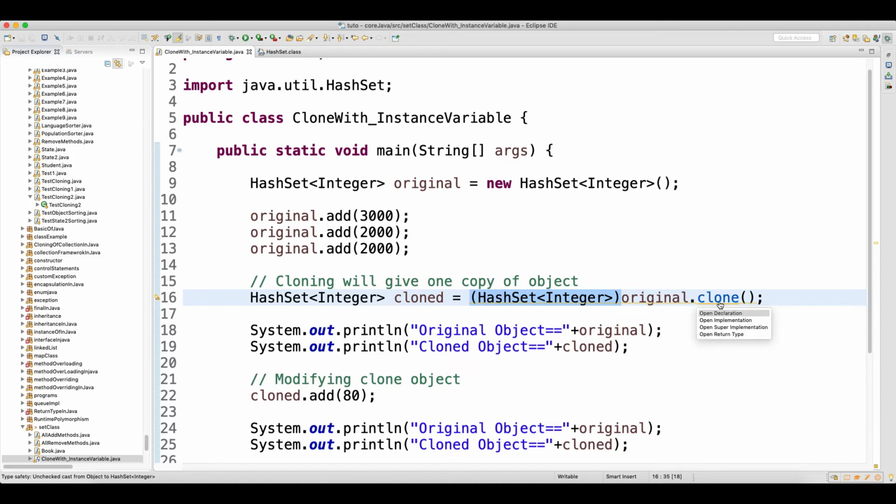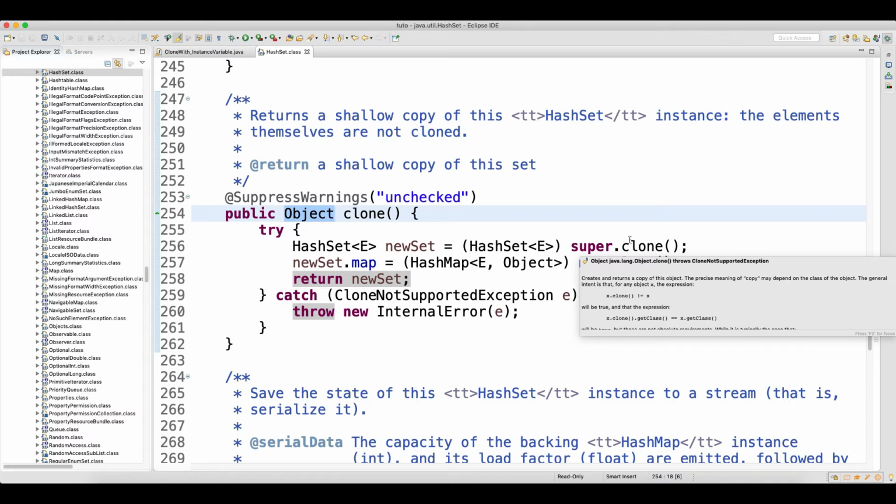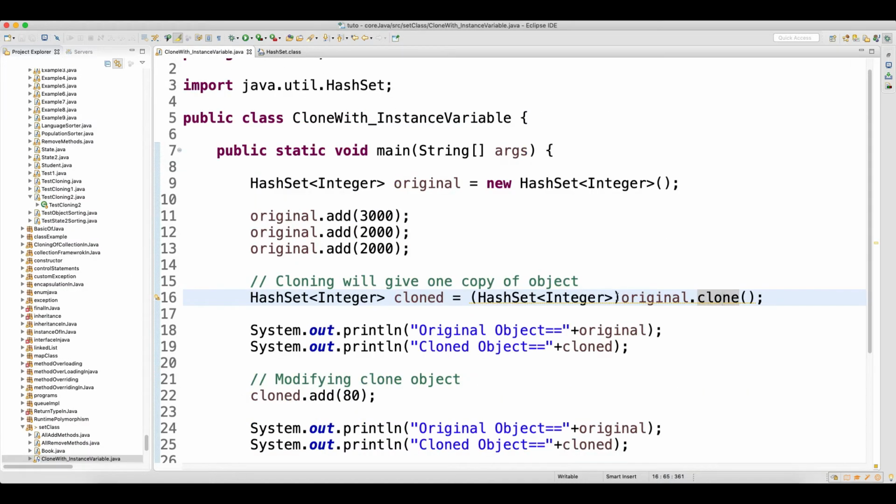Again press Ctrl and click on clone. If you look, the return type is Object, and Object is the superclass of all classes. So I am casting to HashSet, to the data I have actually stored in the class. My class is HashSet and the data type is Integer.